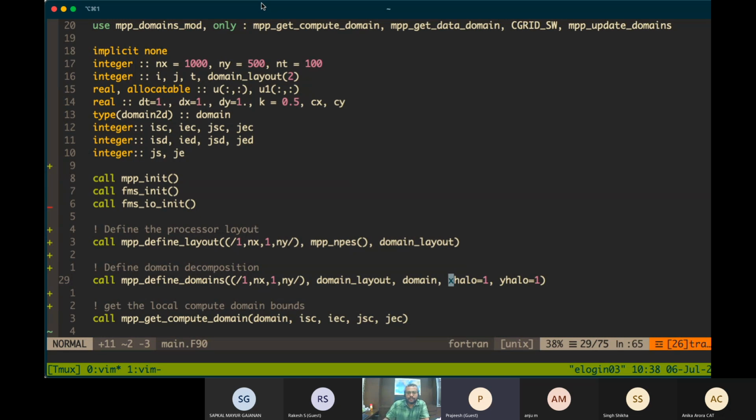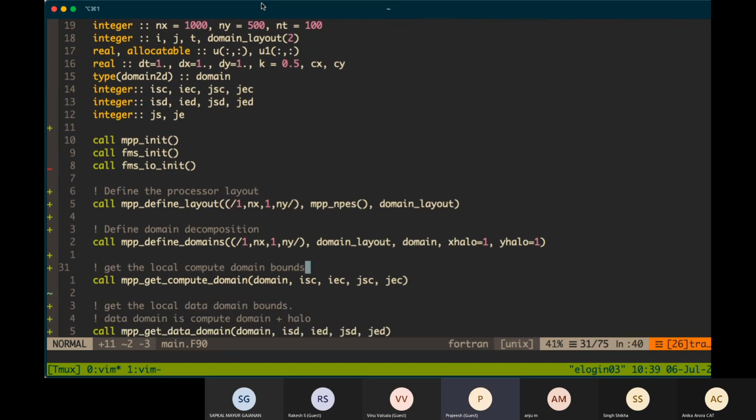In this case we need only one halo, in both the X and Y directions. The domain information lies in this variable domain, which is of type domain 2D.